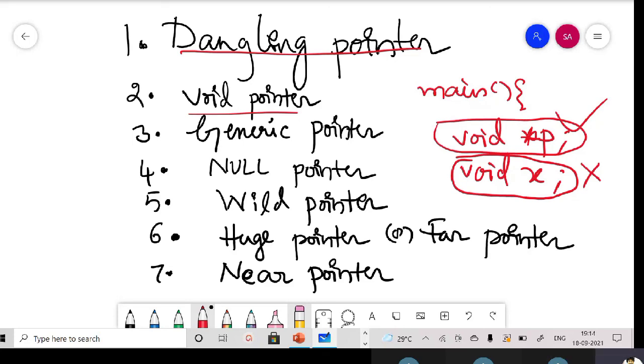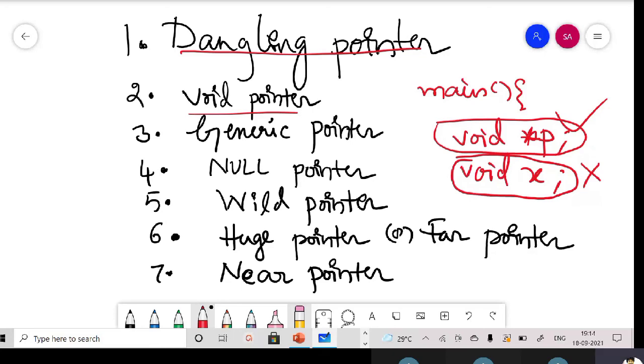So there may be a situation where you need a pointer and it must point to a particular place, but we are not sure of the data type of the value that you're going to store there. In that case, I'll create my pointer as a void pointer. If I am storing an integer value, I will typecast my pointer to the integer type.